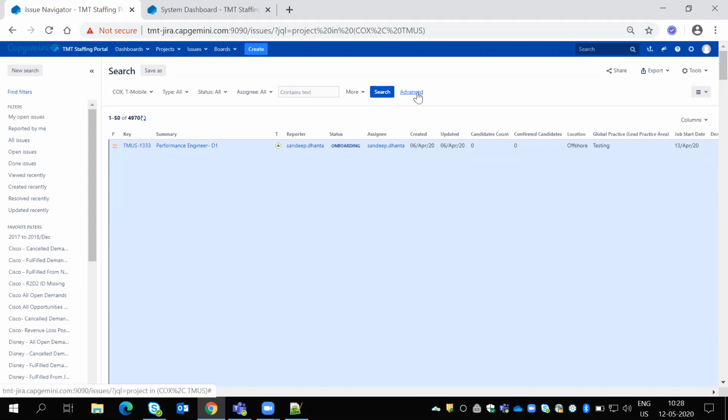When I click on advanced, what does it become? Project in. Okay, so when it is multiple, it goes to project in. So this is the query.